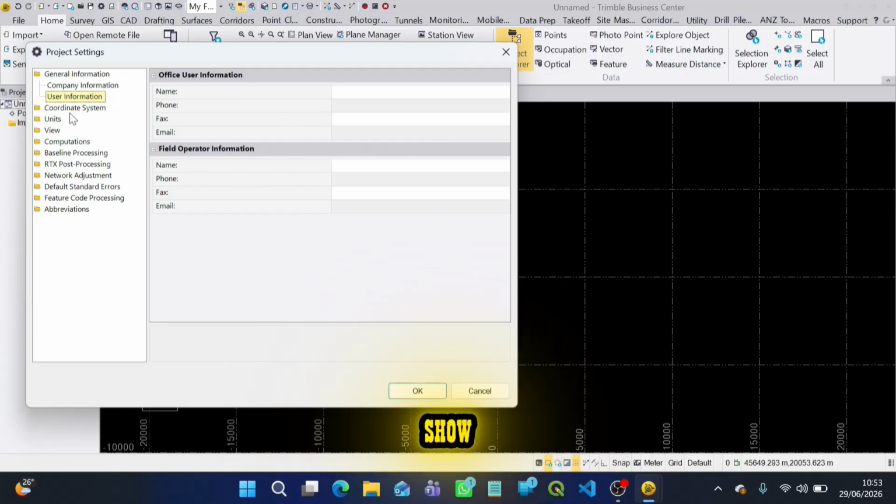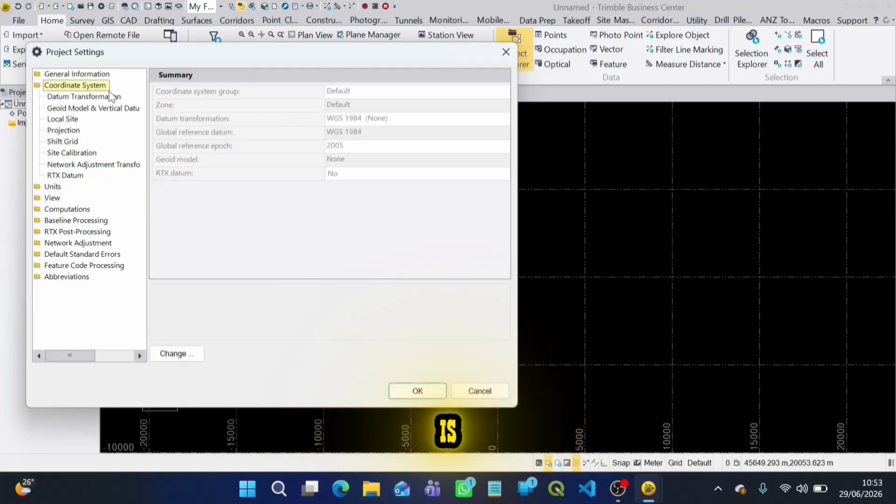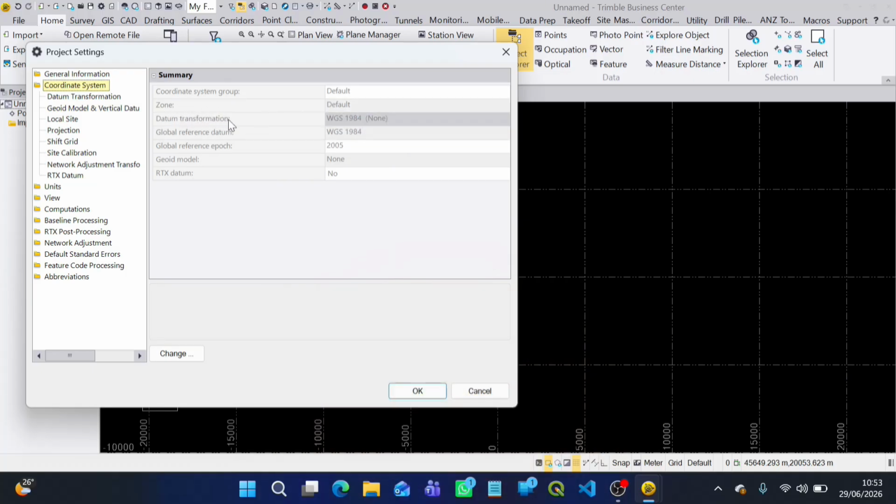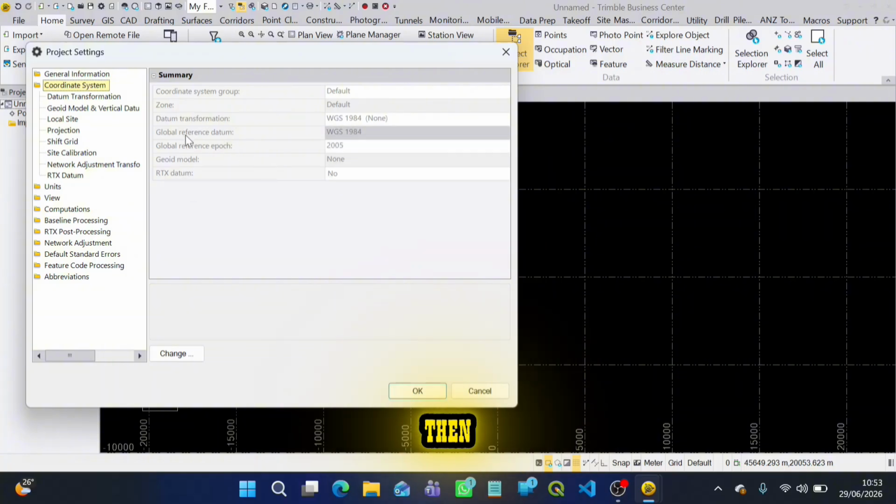But what I want to show you is the coordinate system. Here, this is where we have to change everything, because you have to identify the coordinate system that you are using. You have to identify the zone, and this is very important because I have shown you. And then you have to identify the datum transformation coordinate systems, and then the global reference that you refer from. And then the geoid, you have to identify the geoid. Can you see there is no geoid? So you have to click here on the change, and then you have to select